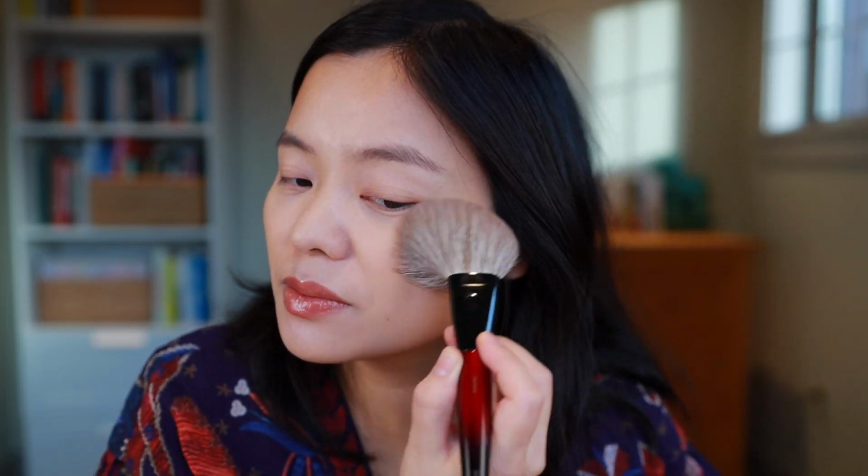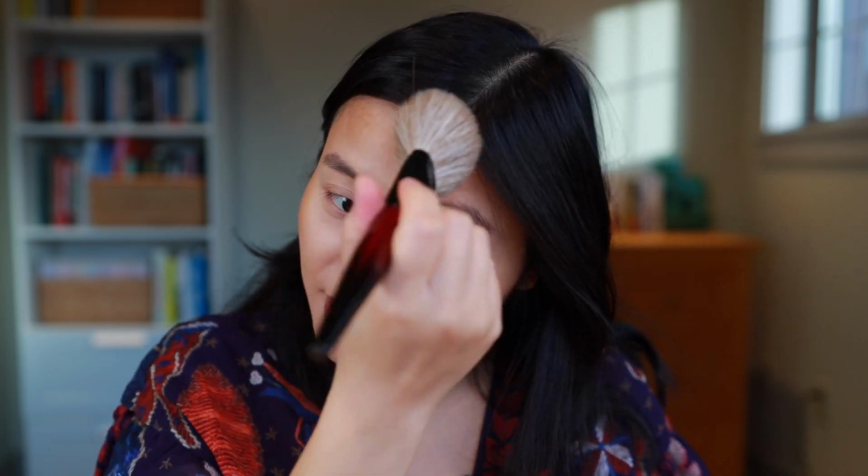So I'm just gonna do some on my cheeks, and okay, definitely with this fluffier brush and with this bronze side, I think I'm having a little bit more luck. So that's good. So this is not a total bust. I can at least use the shade Bronze Glow. But it is disappointing because I have a lot of bronzers in my collection right now. So realistically, am I going to reach for this after today? Honestly, probably not. I'll give it some more chances just so I can give you guys some reviews,